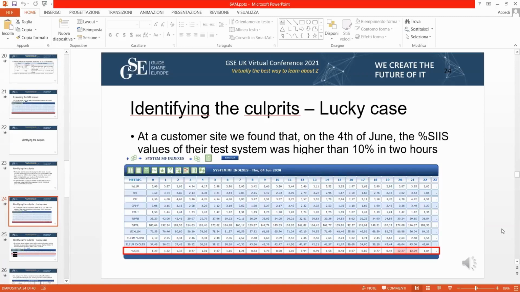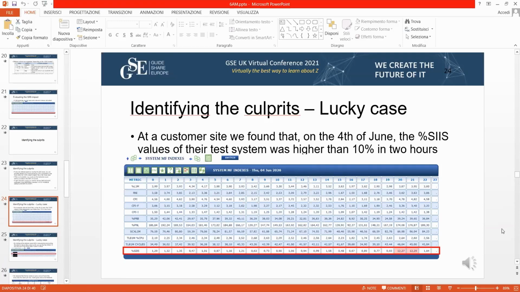Okay, so let's have a couple of real examples. This is a lucky case. On the 4th of June of 2020, this is the slide we have available here, we had this index we were talking about before that was higher than 10% in two specific hours, at 20 and then 21.